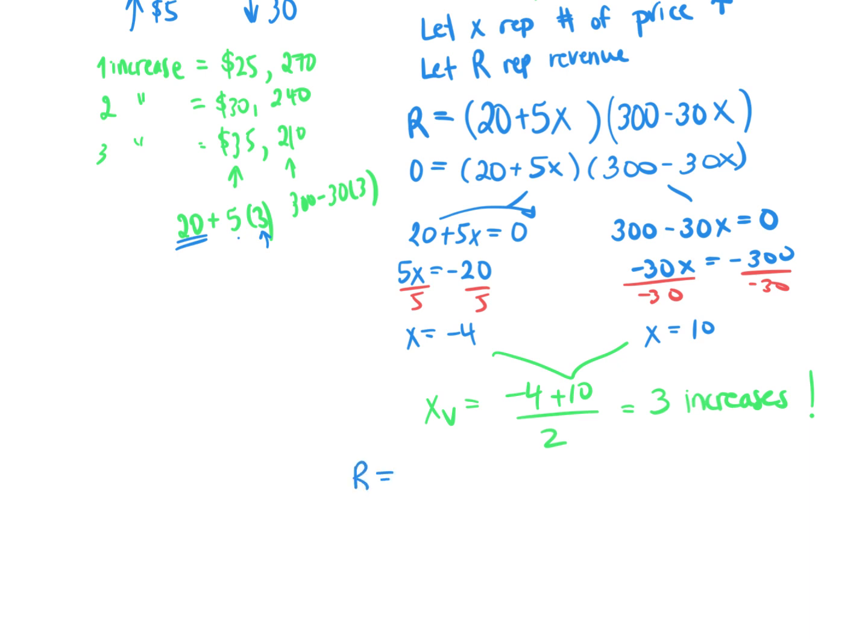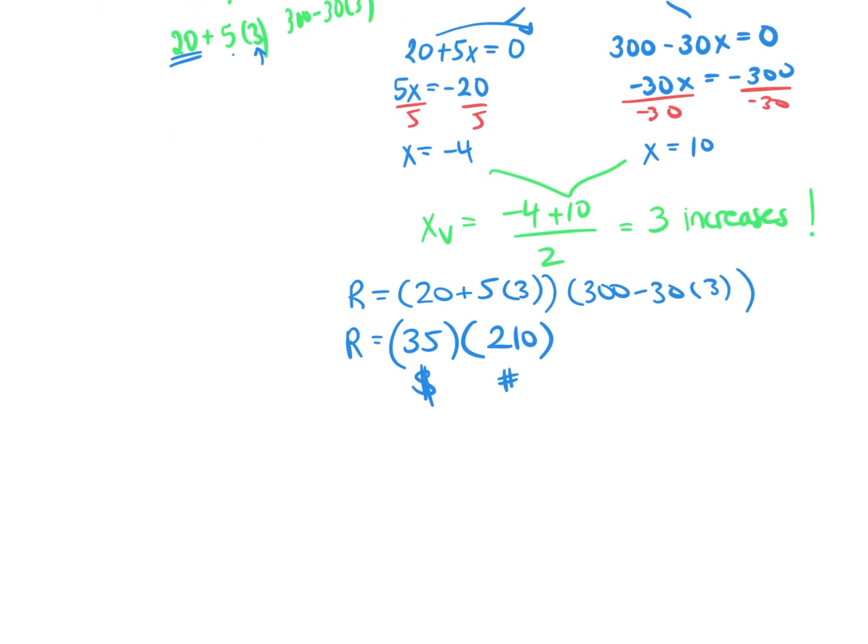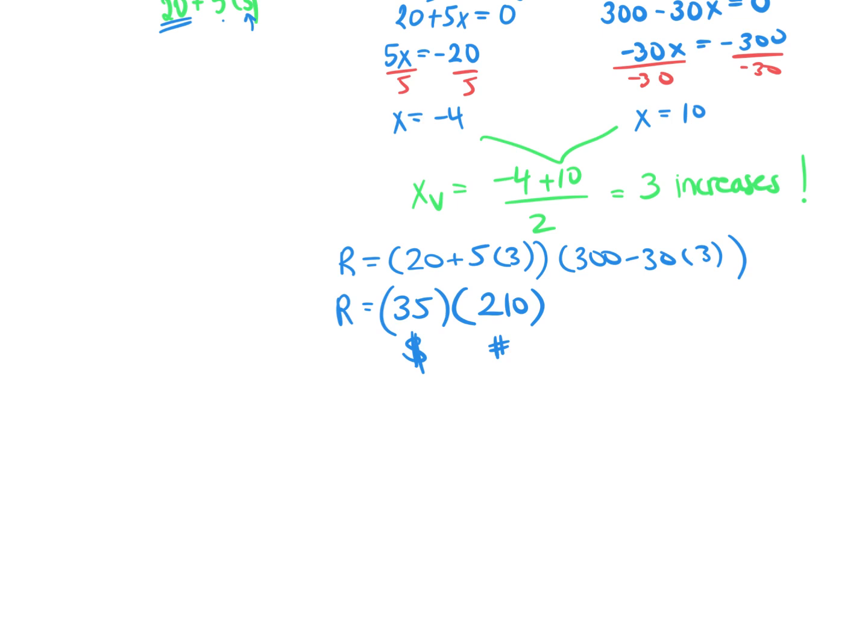So now I'm going to go to my revenue equation, 20 plus 5 times the 3, and 300 minus 30 times the 3. And I'm not going to punch this into my calculator all in one go because each bracket has meaning to me. 20 plus 15 here is 35. So there's my price. And 300 minus 90 is 210. So that's the quantity, the number of calculators I'm selling. And now I can multiply 35 times 210 and get a revenue of